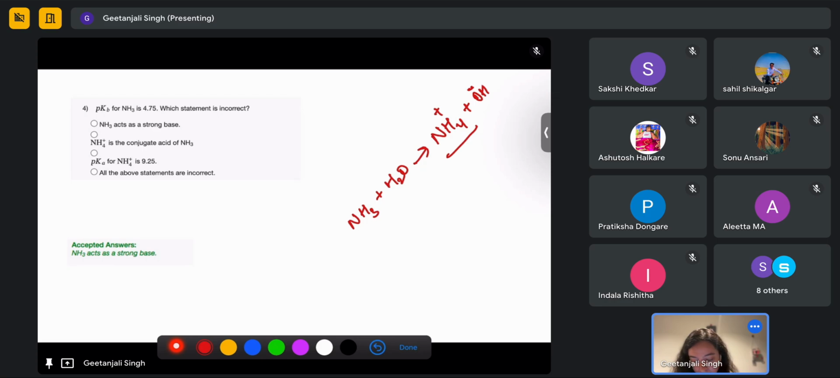Okay, that's fine, that's also correct. But because NH3 is a weak base, and it here states that